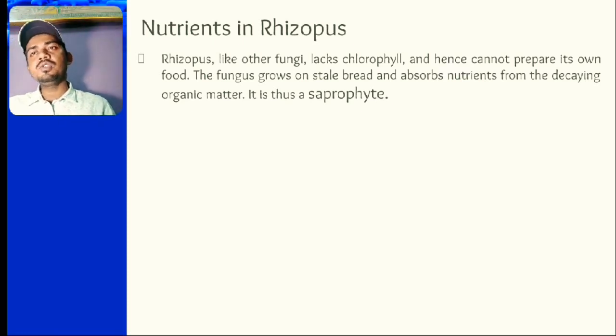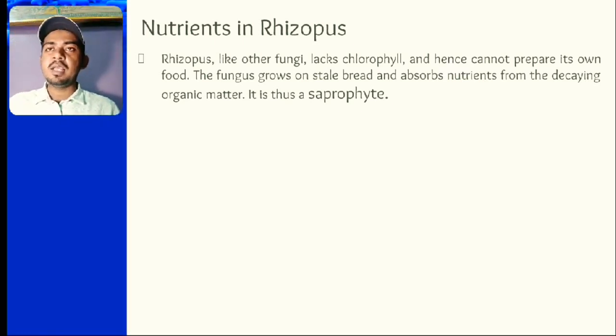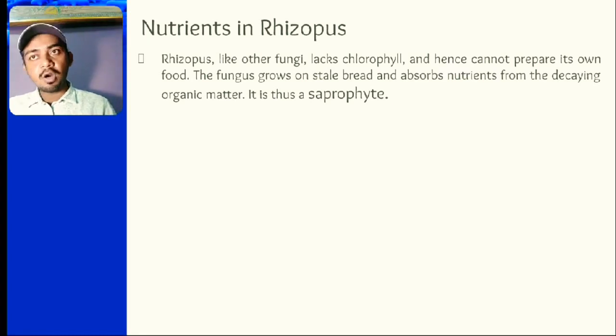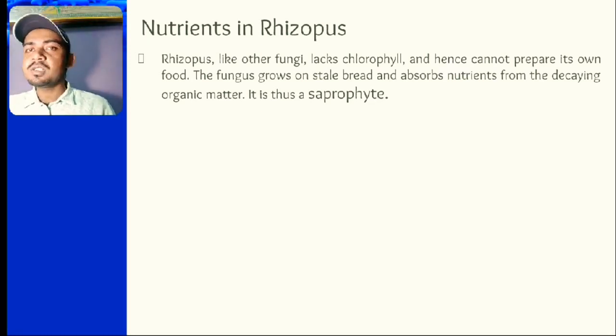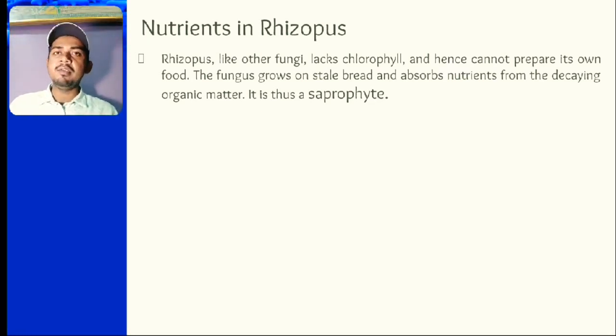So the fungus grows on stale bread and absorbs nutrients, just not only on stale bread. Just an example is given that it grows on stale bread and absorbs nutrients from the decaying organic matter. Okay, it is thus a saprophyte. So how is it decaying organic matter? Because the bread is dead now. Bread is not living, it is made up of dead cells, and the fungus thrives on it, so it is